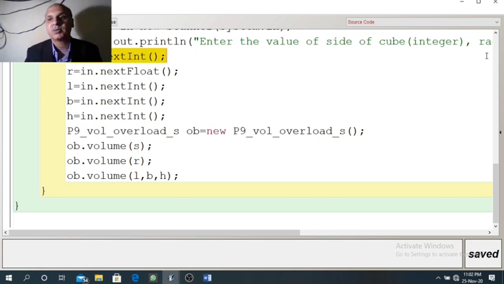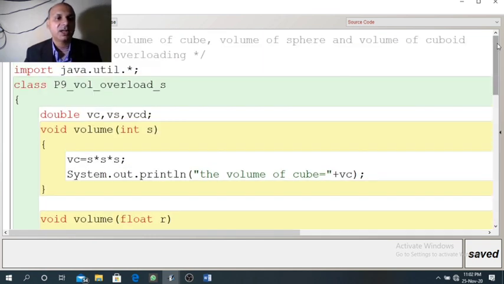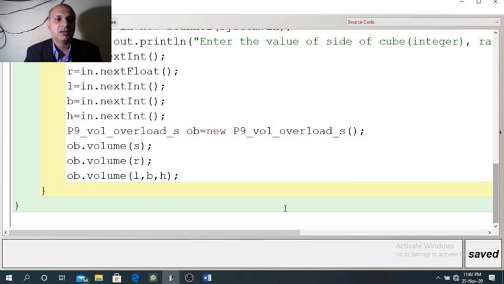This is the very important point. Now compiler will check out of these two functions which is receiving integer value. So first function is receiving integer value. This is the reason first function will be called. When we are passing primitive value, that is integer value here, so actual parameter is S here.